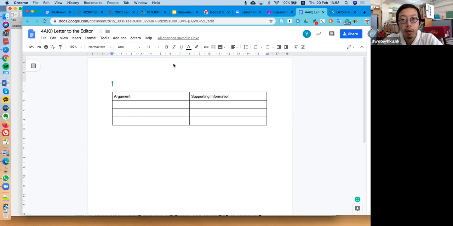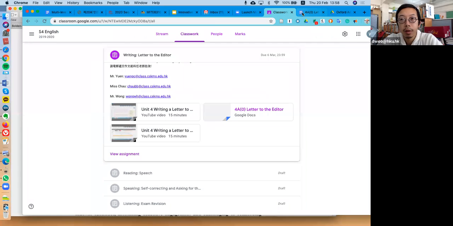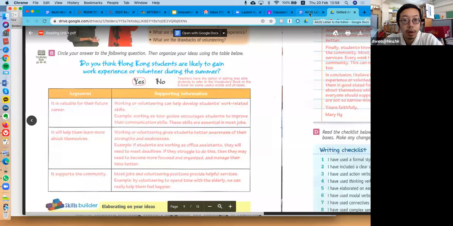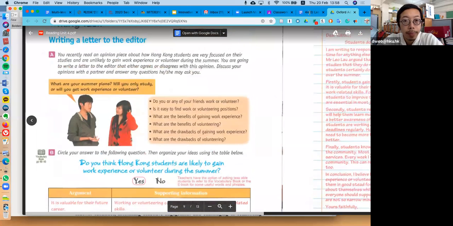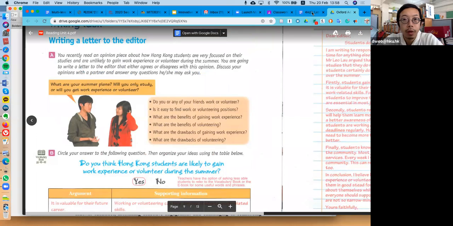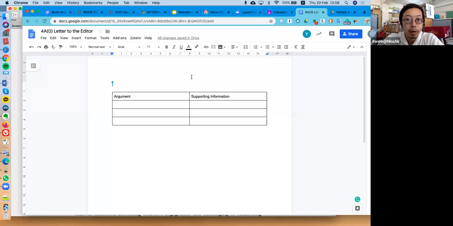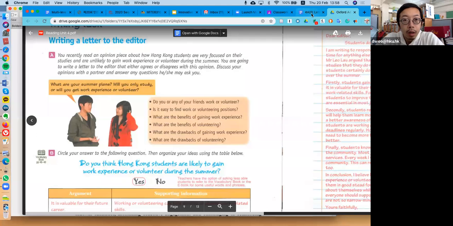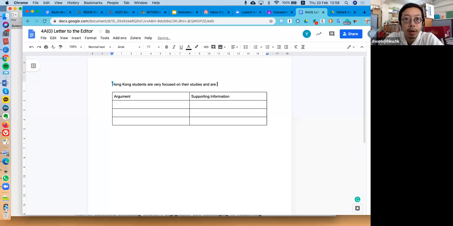And here's the question prompt. Question prompt is, do you think Hong Kong students are very focused on their studies and are unlikely to gain work experience and are unlikely